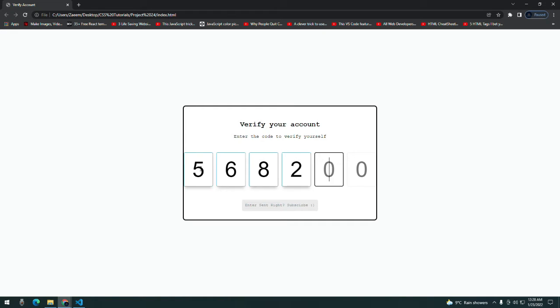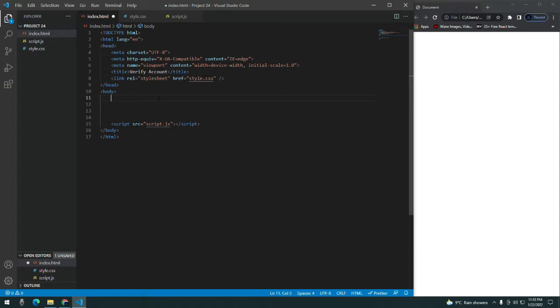Today we'll be creating this beautiful verify your account kind of div. Inside the div you can see we add a number. Basically all kinds of websites use this to verify their account, and you can add it to your website as well. Now let's create a div of class container, and inside the div of class container we will have a